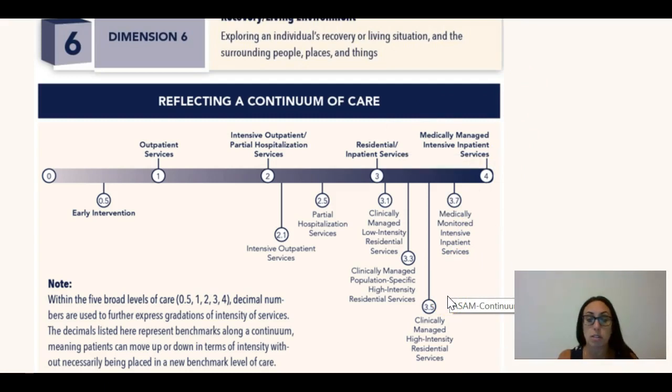And so the inpatient can go from minimal oversight and involvement to great oversight and involvement, and you can kind of see that here, and that's why the point system is there. 3, 3.1, 3.3, 3.5. But these are all residential services or inpatient services. The clients live there, and there's a lot of oversight. There's counselors, there's physicians, there's case managers, whatever it may be.